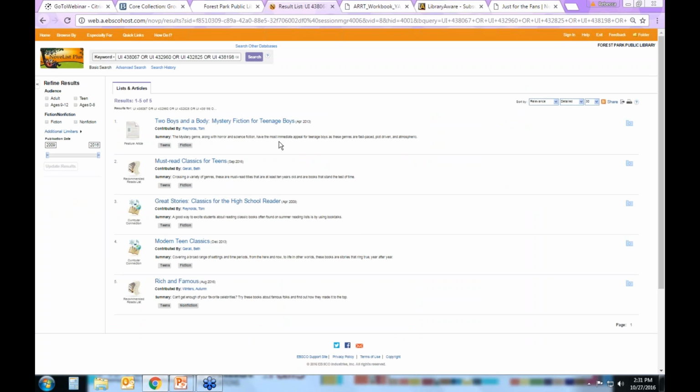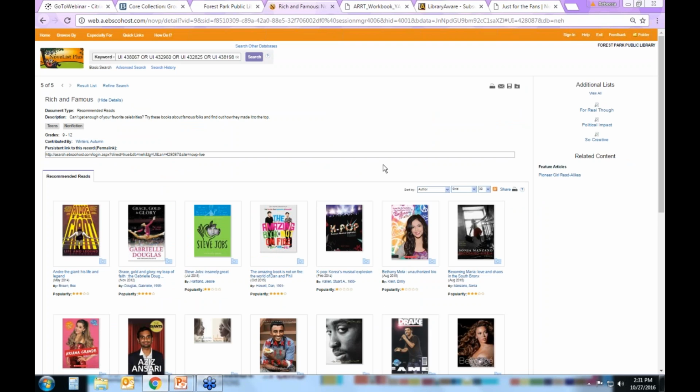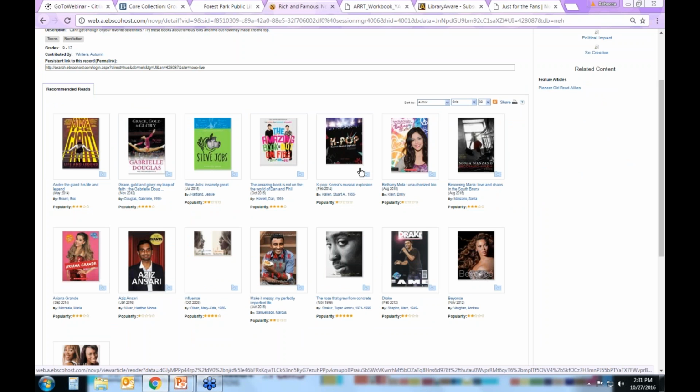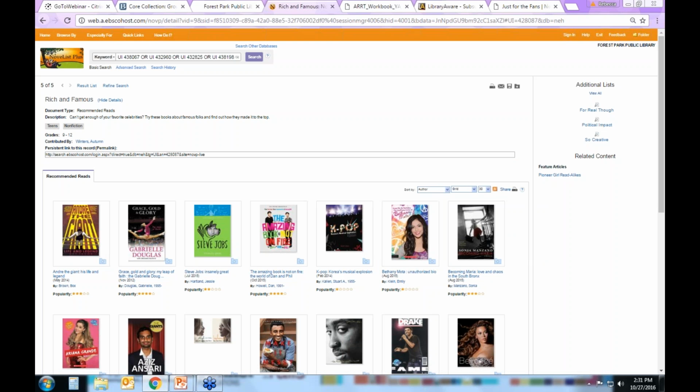So these are these different book lists that they put together, and they've got a great team of folks over there at Booklist who are professional librarians who go through these and create these bibliographies of books. And so they put this stuff together. So if you know that you've got teens that are asking you for biographies or things about celebrities, here's a whole list that you can familiarize yourself with.